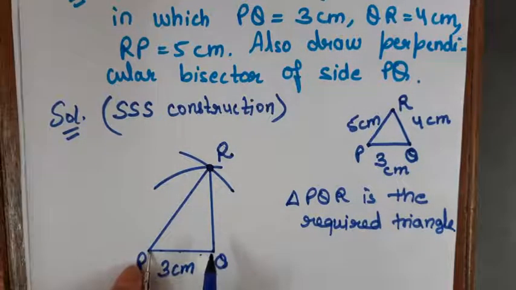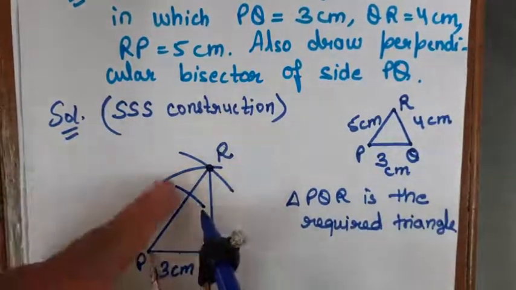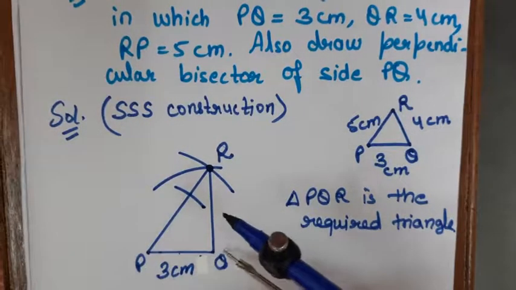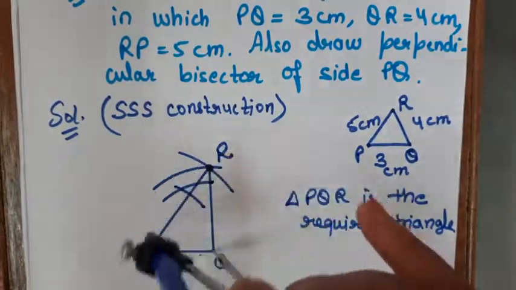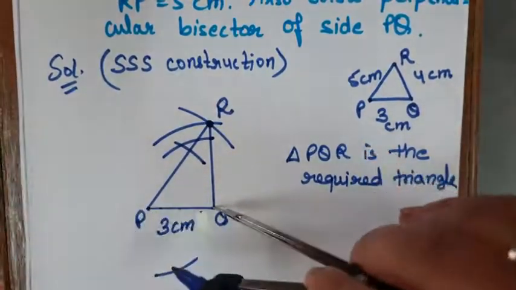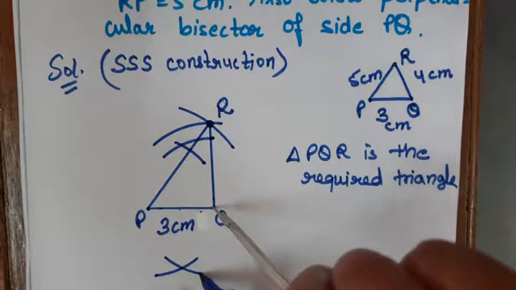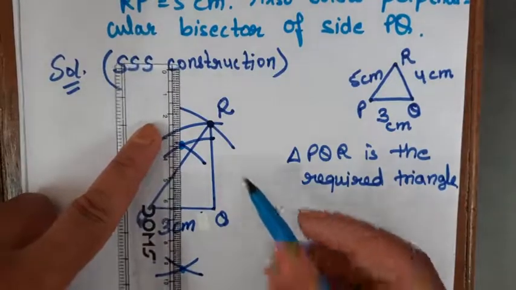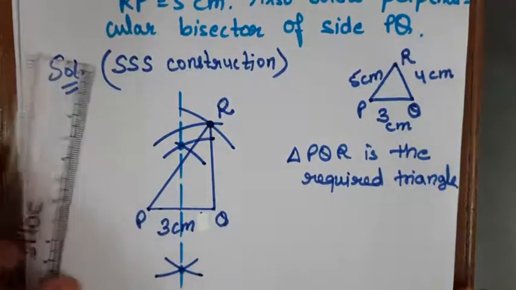So place your compass point at P point. Draw an arc here above the line segment, one side of the line segment, and draw an arc to the other side of the line segment. Now place your compass point at Q, cut this arc to get a point, and cut this too. Right, now you get 2 points. These are the 2 points. Now join these. You can join by dotted lines or solid line, that is your wish. This is the perpendicular bisector.